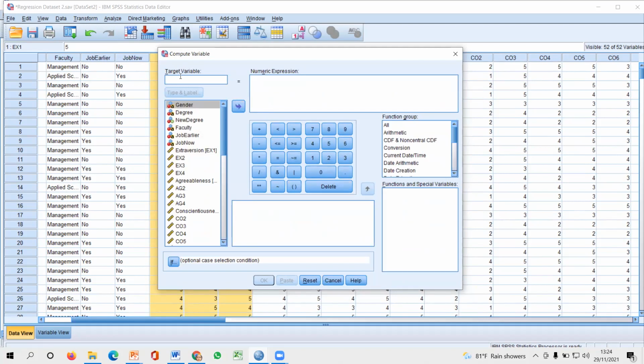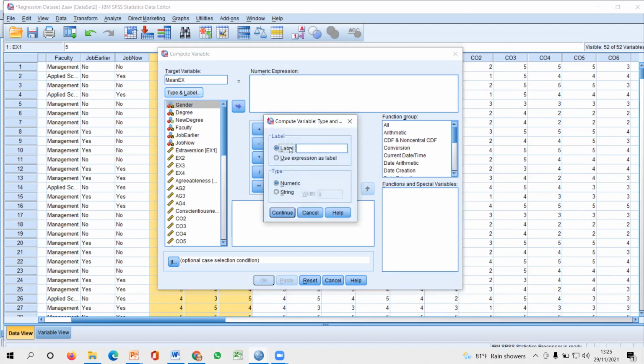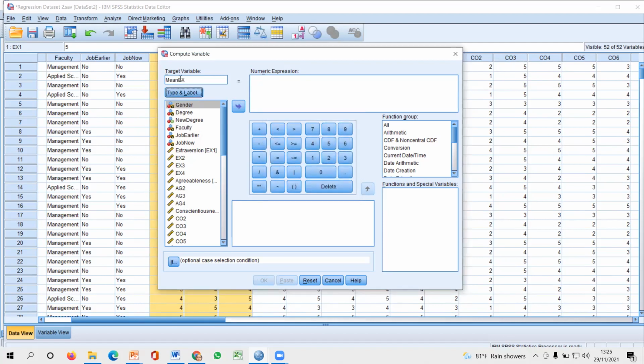in here also, right? Here I put mean, what is that variable? EX, mean EX, right? Now I'm going to give you some additional things that you can use to express the extent of this independent variable. I will let you know how to do it, right? So then you can give the label name in here, but it's not necessary. And here, you cannot keep the spaces.